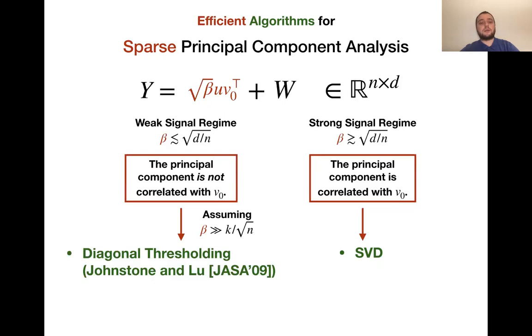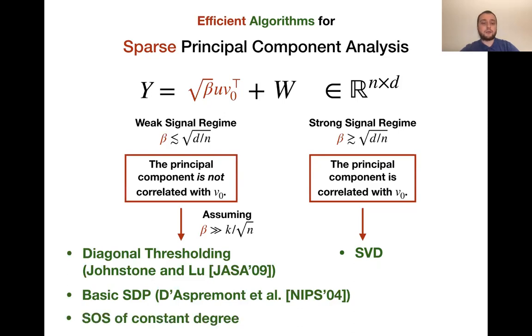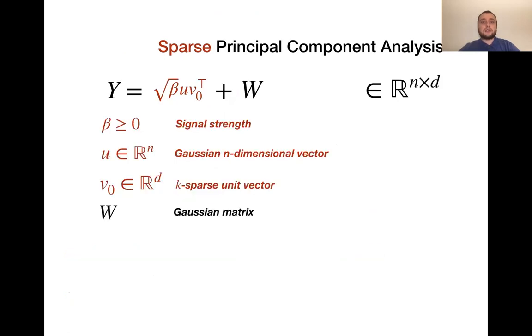The well-known algorithm for this problem is diagonal thresholding. Another well-known algorithm is the basic semi-definite programming relaxation of the sparse PCA problem. Similar to basic SDP is the sum of squares of constant degree. They all work if beta is larger than k over n, again up to log factors, which I ignore in this talk. So this problem is well studied, and the complexity picture seems to be clear and quite simple,